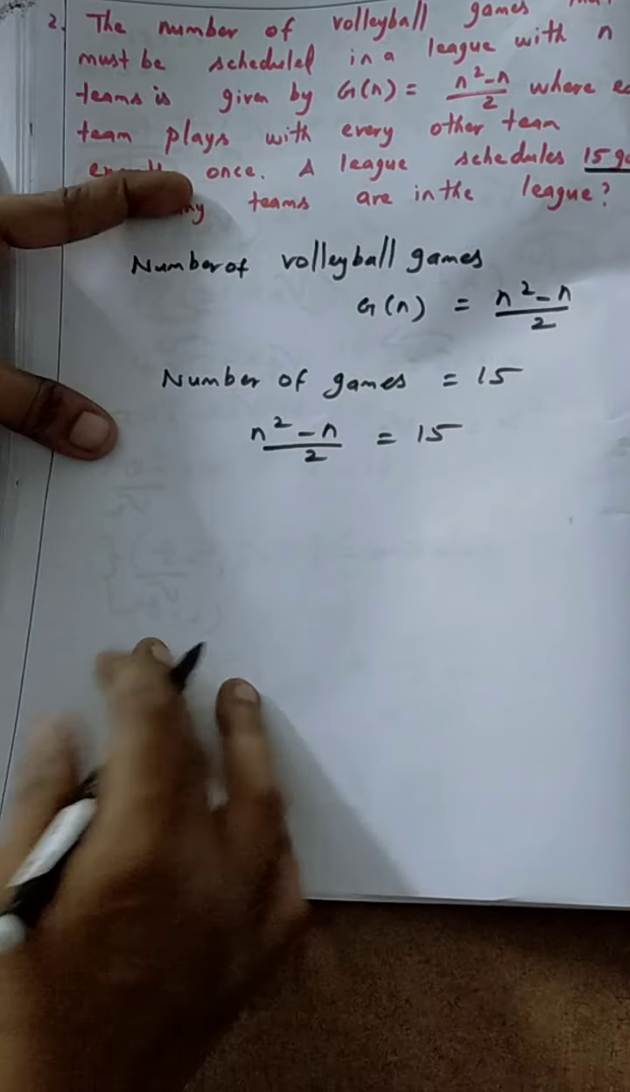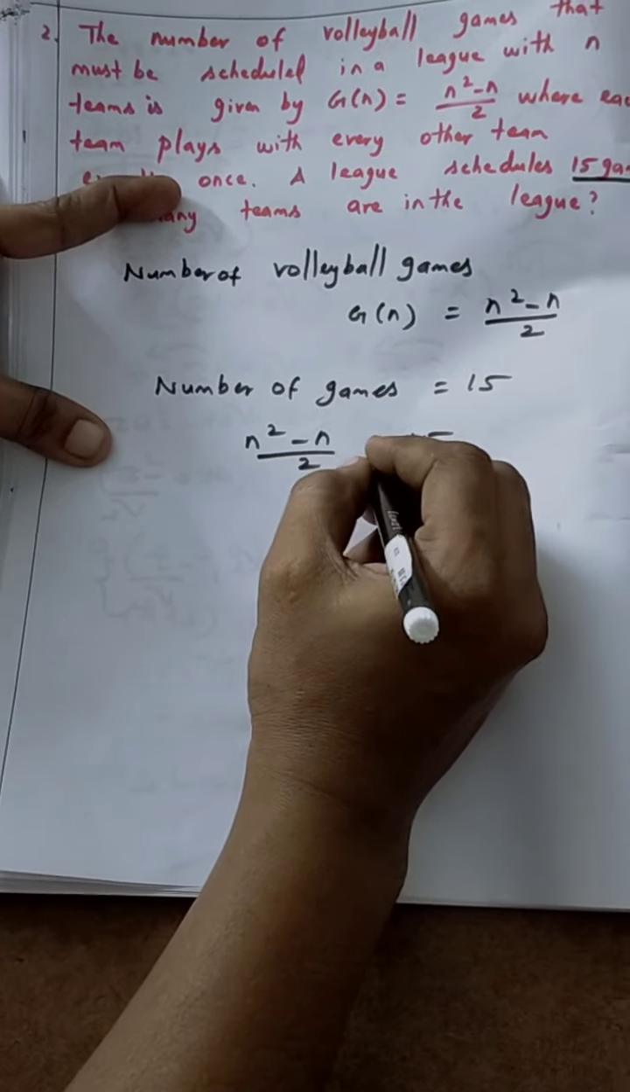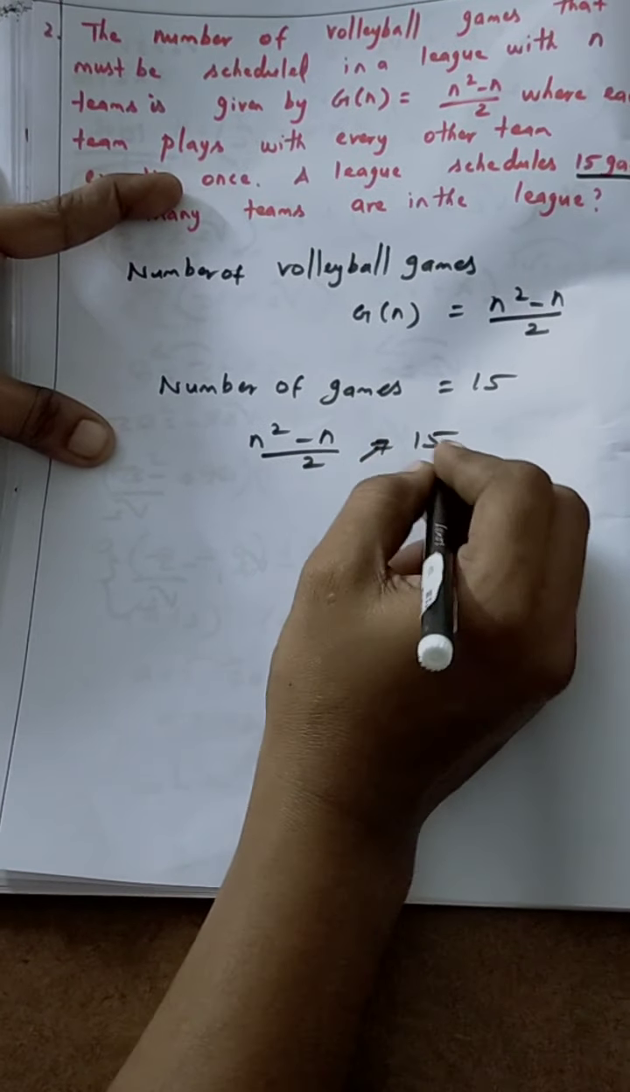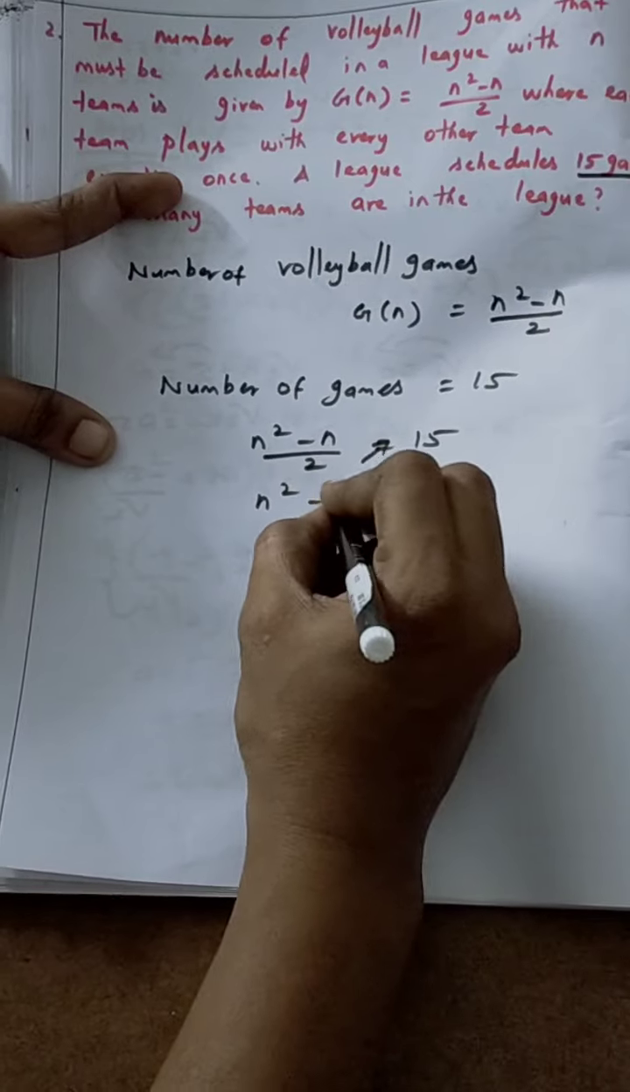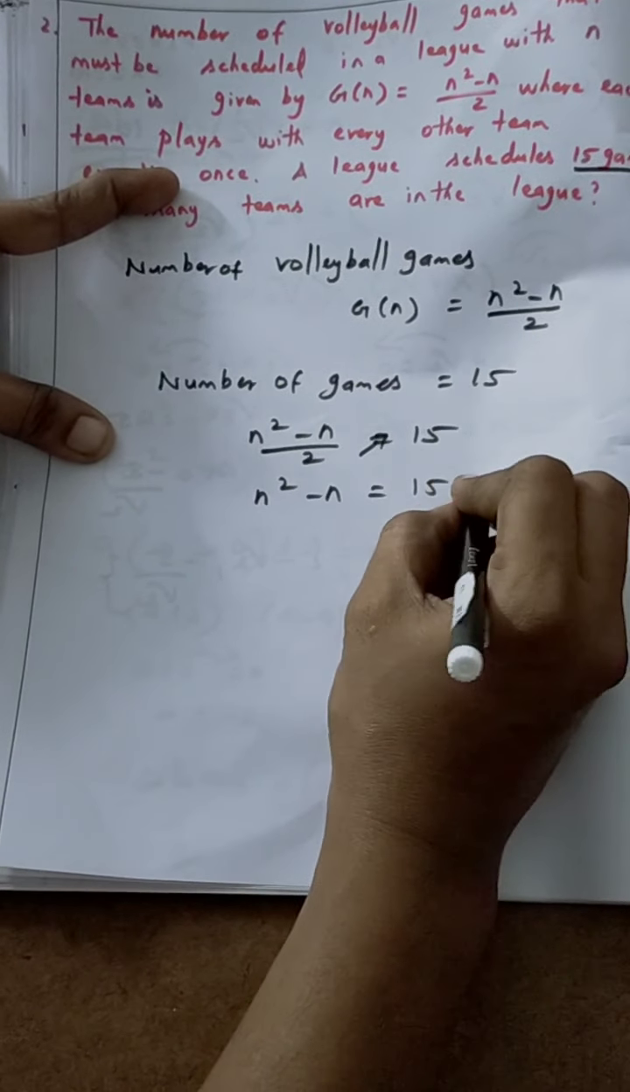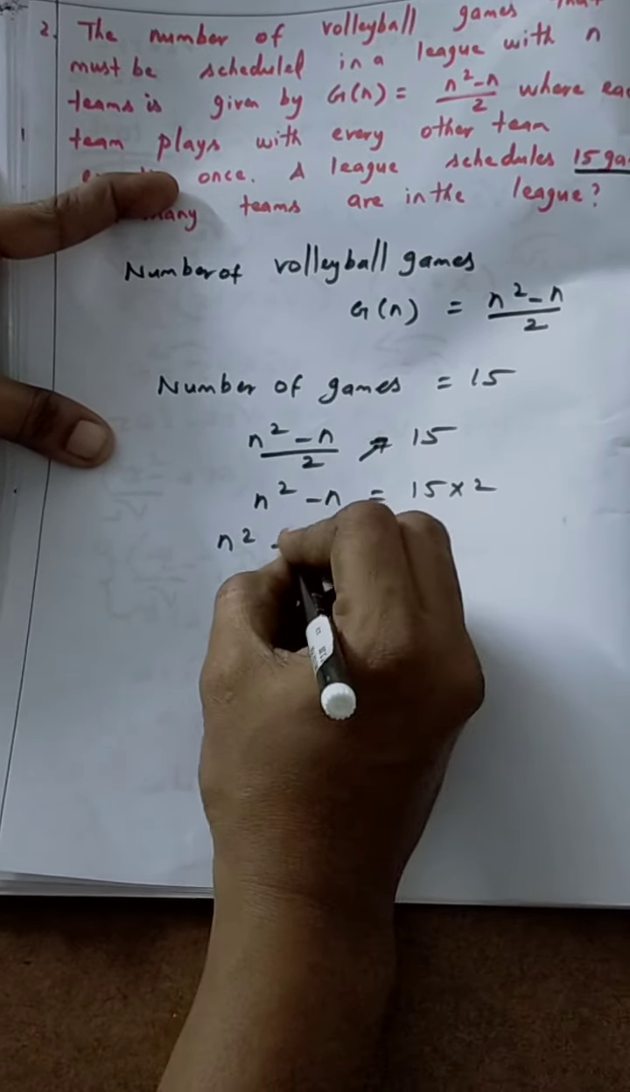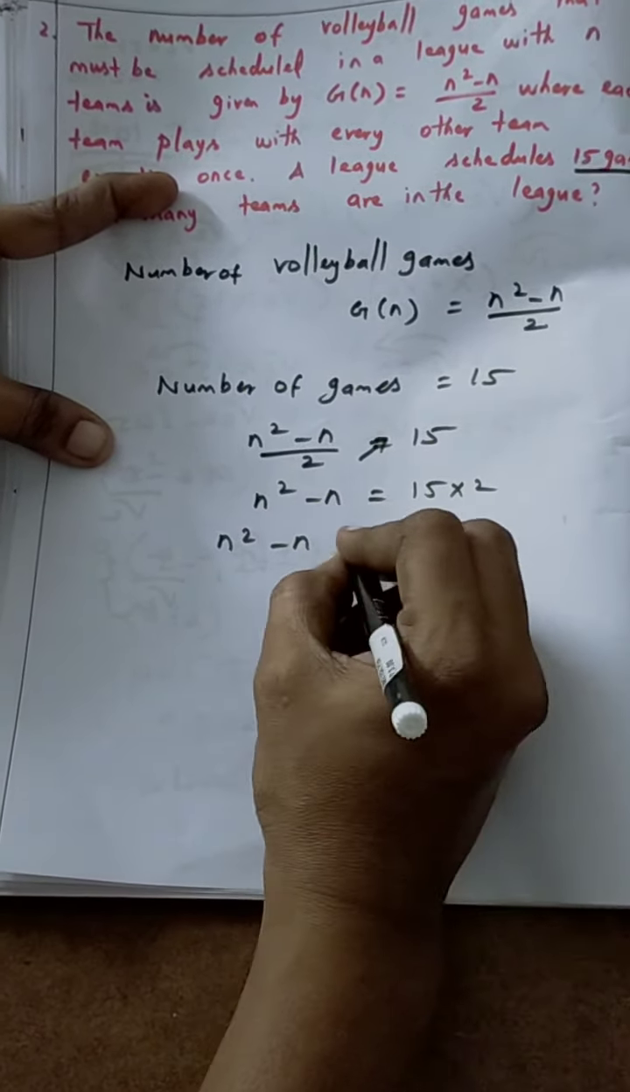The next step, dividing 2 goes to the right hand side, it goes to the multiplication only. So write n square minus n equal to 15 into 2. So n square minus n equal to 15 2s are 30. The next step is 30 goes to the left hand side, change the term, n square minus n plus 30 change into minus 30 equal to 0. Next, find out the factor. Product term is minus 30 and the middle term has no value given means it's a 1 only,